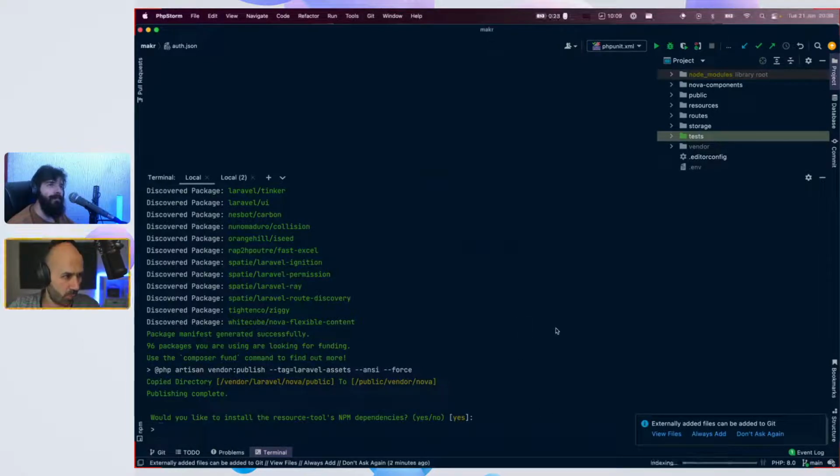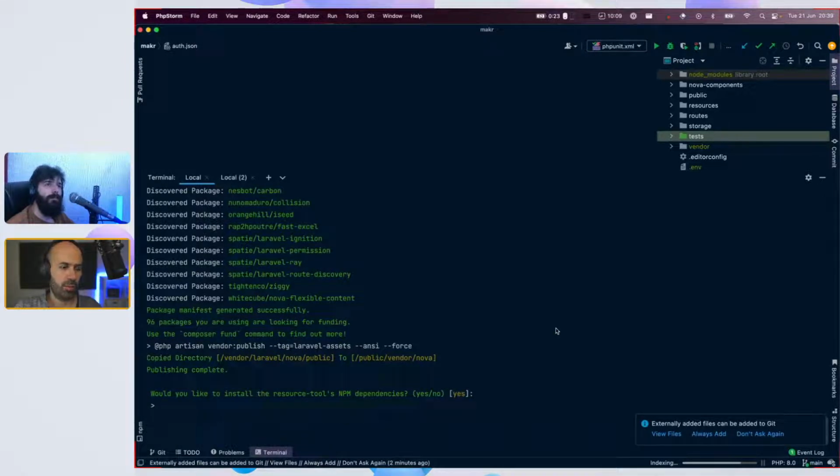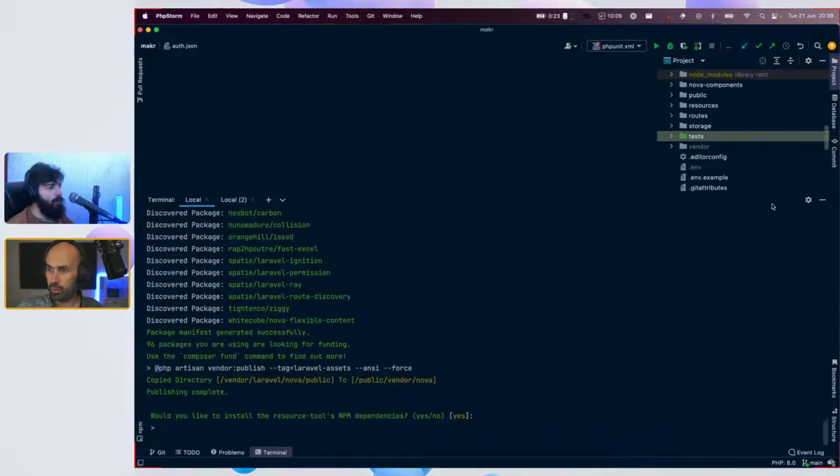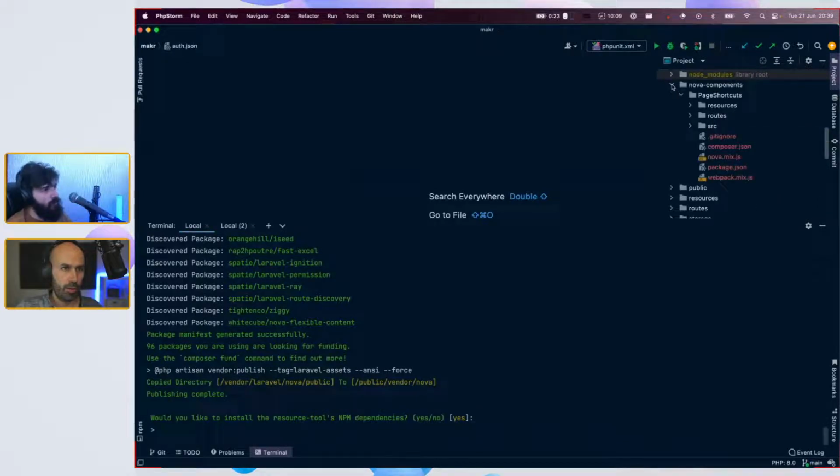Okay, back to our thing. We finished the composer stuff. Right now it's asking if we want to install the resource tool npm dependencies, and we are accepting the default, which is yes. This means that we already have a JS project ready. You can go to the composer and we have Nova components.